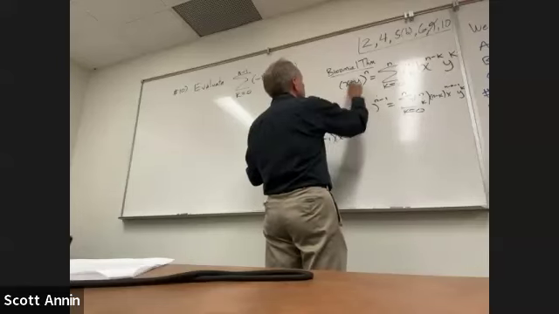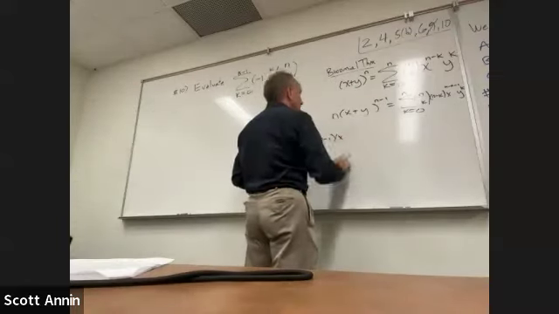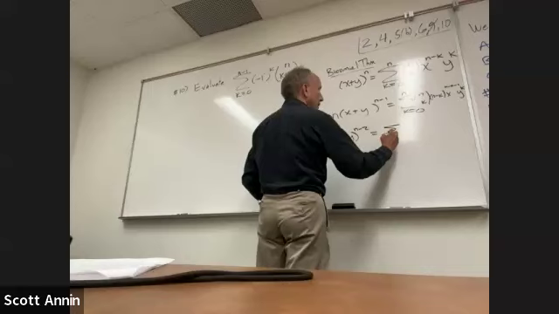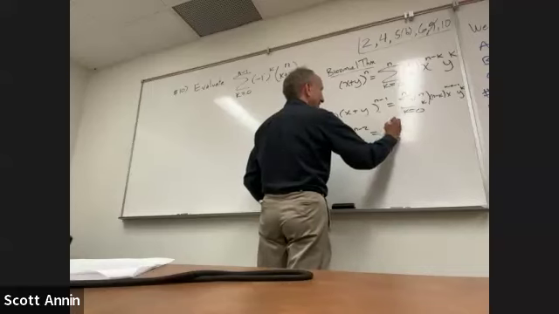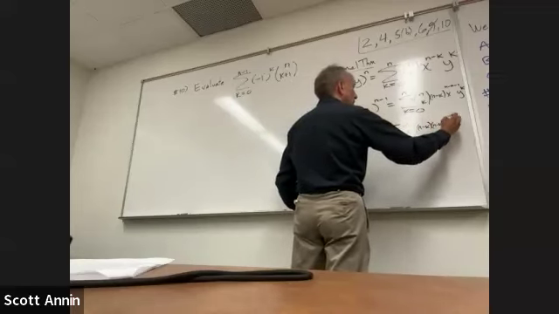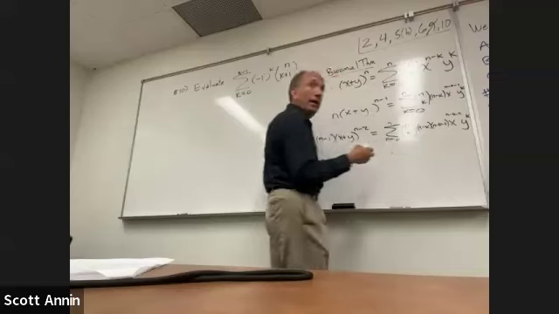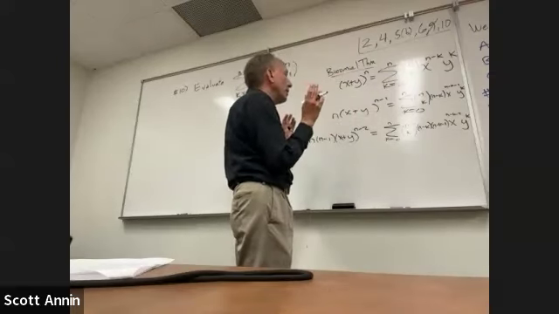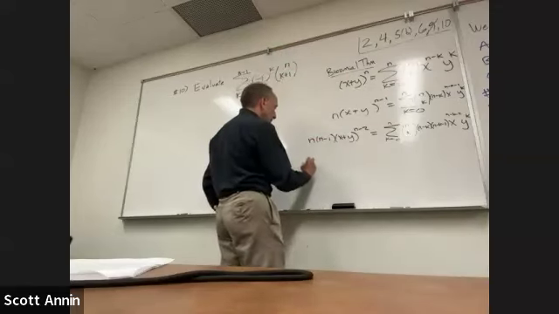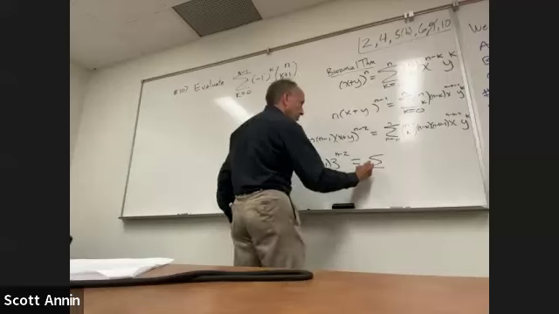So the derivative of (x+y)^n would be n times (x+y)^(n-1), that's it. So I could do that again, and over here I get whatever I get: n choose k, times (n-k)(n-k-1), x to the n-k-2 times y to the k, right? And I can say, okay, I think I'll plug in x equals 5 and y equals -2. And so I do this, 5 plus -2 would be this, and it equals